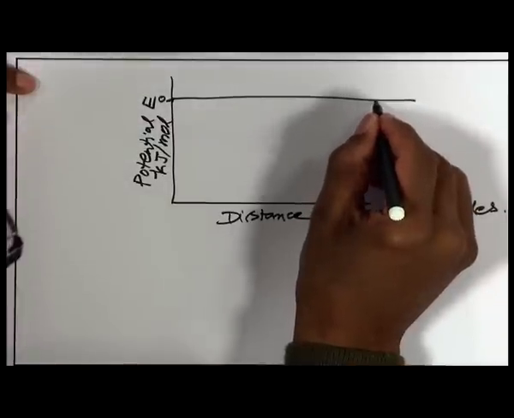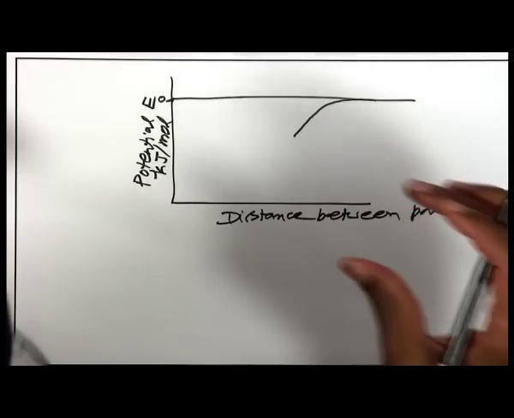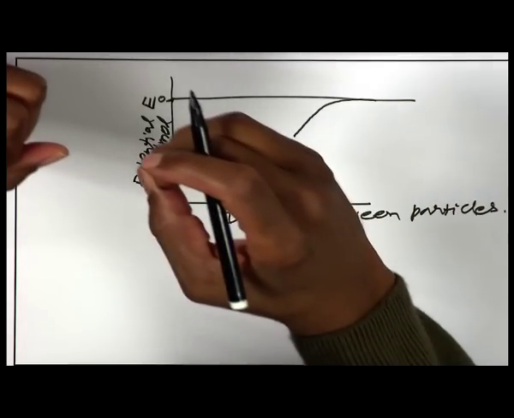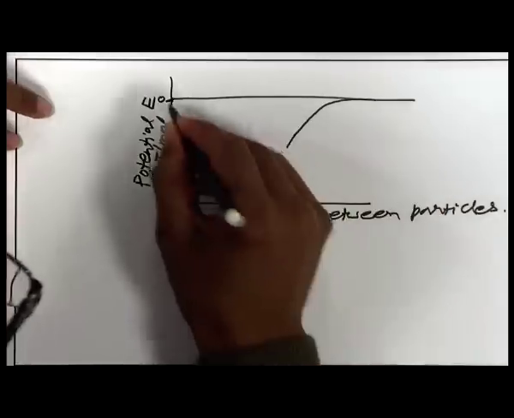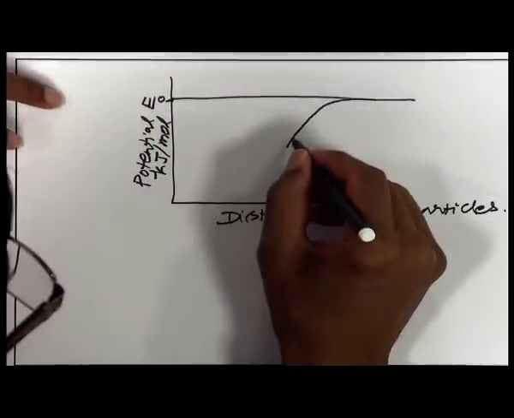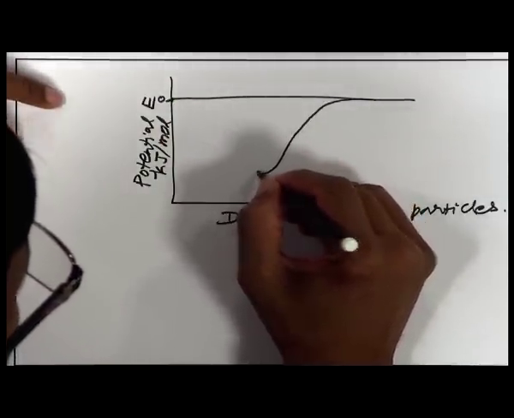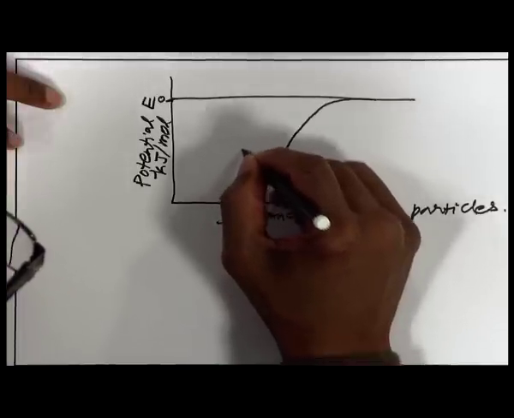The energy of the system decreases. When they approach each other, energy decreases. That can be represented by this diagram. As they approach still closer and closer to each other, the energy decreases. That is why I am drawing the diagram with energy 0, above is positive, below is negative. So, energy becomes negative, then it reaches a minimum, and after that it increases.